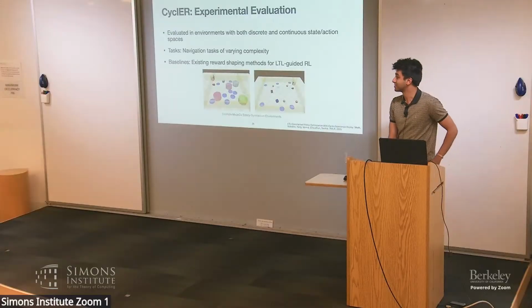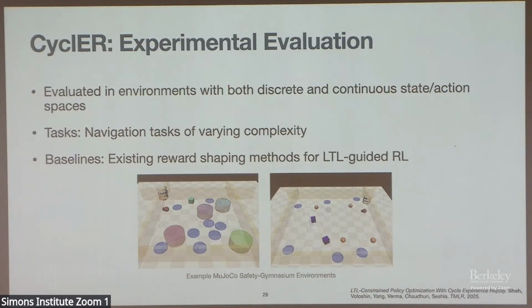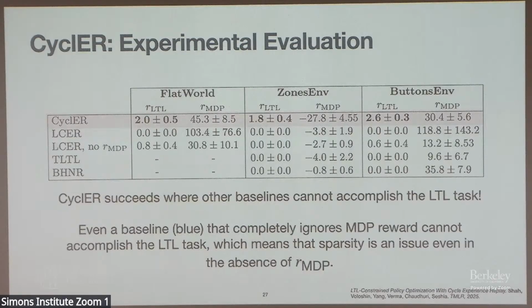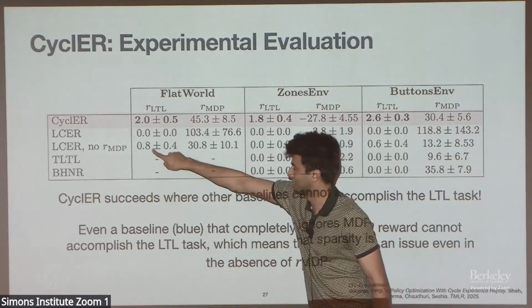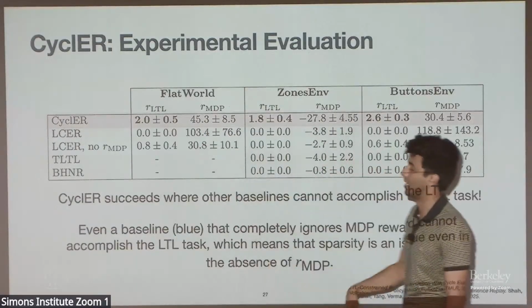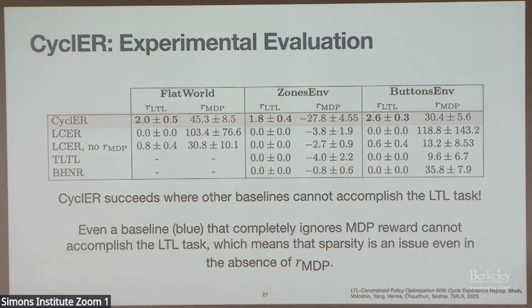Okay, how am I doing on time? Not super great, but I will just quickly show the results. We showed it in a couple of MuJoCo environments where we have continuous state-action spaces, and Safety Gym, which is a standard benchmark for a lot of these types of papers. What we show is that using our reward shaping, when you have to balance correctness and optimality, makes a really big difference. Most of the other baselines we use, which are other reward shaping techniques, can't even accomplish the original correctness task. And when they can, they don't do it as much as we do, and they don't get as good an optimality reward. So it's very important to use reward shaping here.